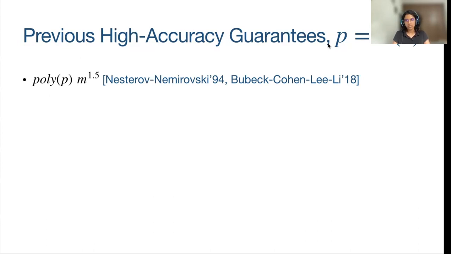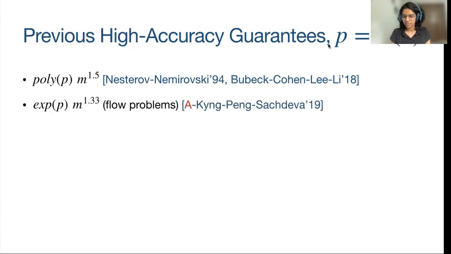In 2018, Adil, Kyng, Peng, and Sachdeva gave an algorithm that uses a homotopy approach for minimizing LP norms. But they also require square root m iterations in the limit. They also show that the interior point method framework is tight and you cannot really improve it further. Other gradient-based methods cannot really work to give a high accuracy solution, mainly because the LP norm objective becomes really flat around the optimum.